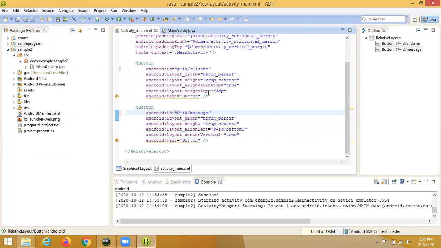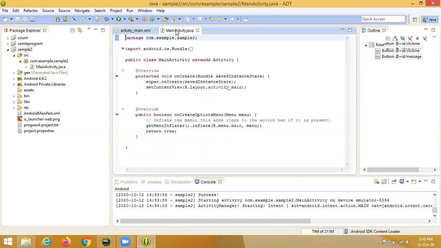I simply give Click Me and Message button. Save it. After renaming the buttons, we select the main activity, that's the Java file.